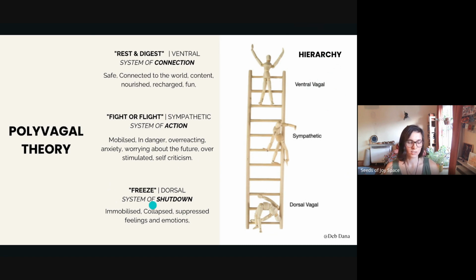Okay, so I'm going to start at the bottom. So we'll talk about freeze. The freeze pathway of response is 500 million years old. And this is where we have no energy to care about what seems too much or is not working. We just have no energy to care. And in a normal setting, you could imagine the freeze in animals that are scared and are hiding not to be seen by the predator.